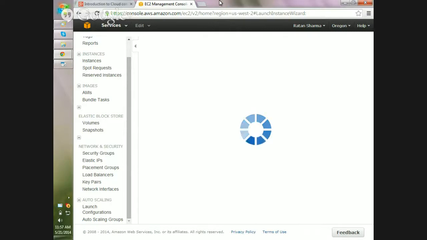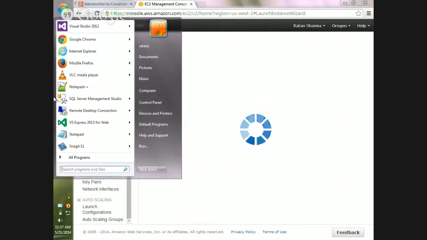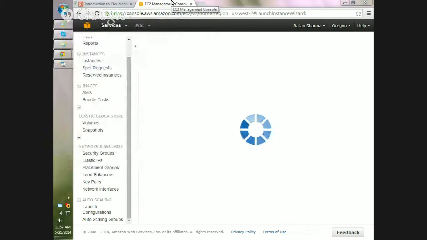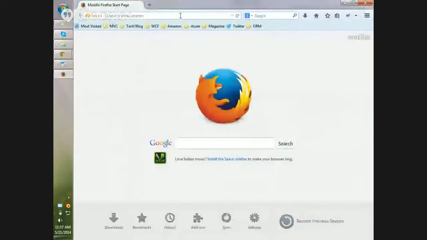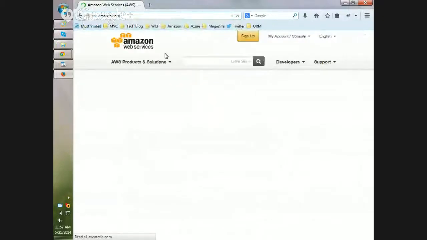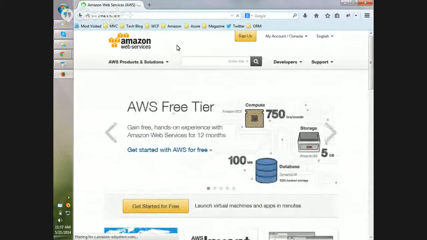Before we go into this, since I've already logged in, I missed telling you about the account creation for Amazon. You can pay as per their pricing and get your accounts for use.